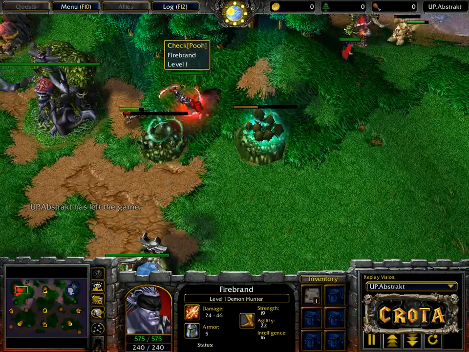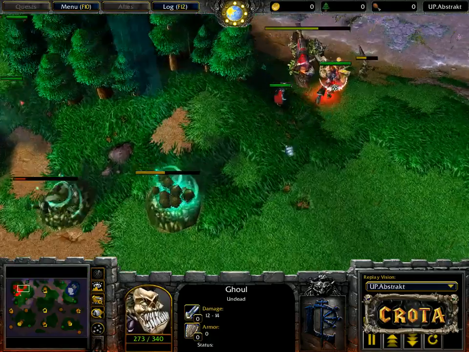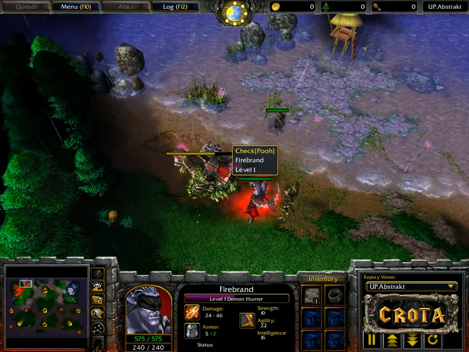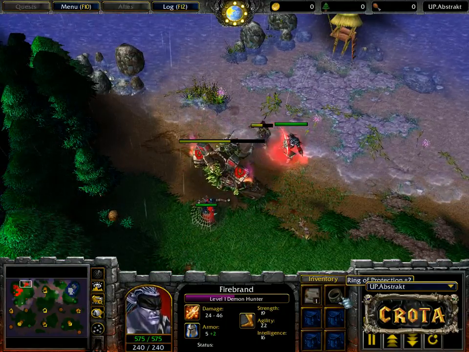Anyways, let's go ahead and break things down here. Czech is doing a good job just annoying and harassing this one ghoul. Meanwhile, he is going to make his way over here. Demon Hunter picks up a Ring of Protection +2. Not necessarily the best item in the world, but then again, there are much worse items to be had from